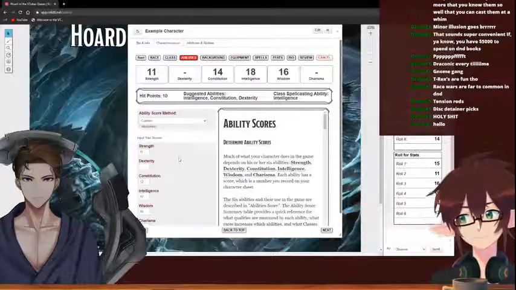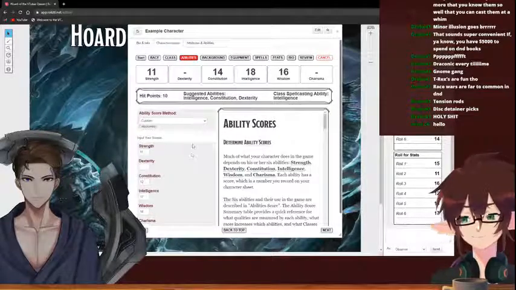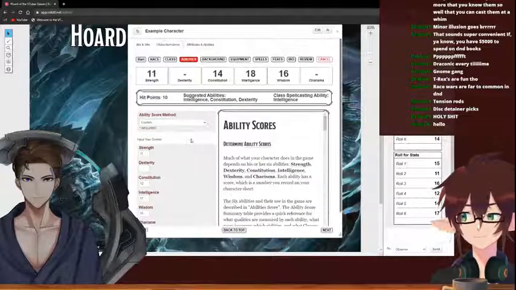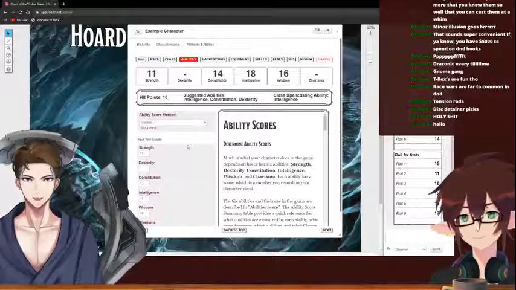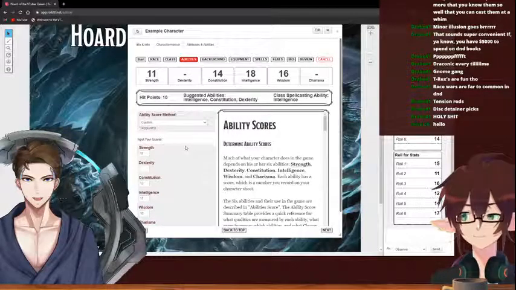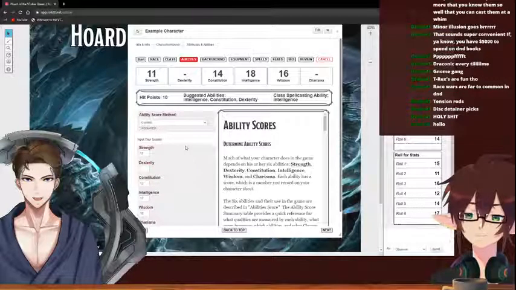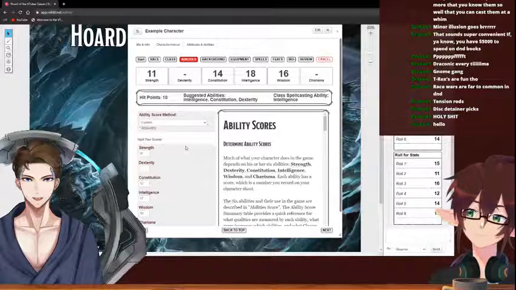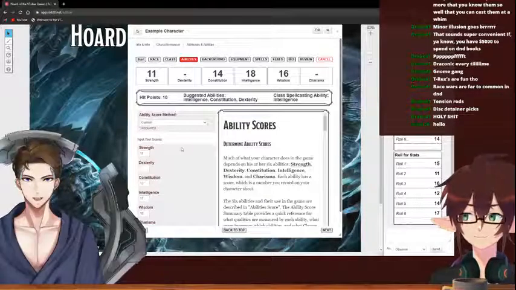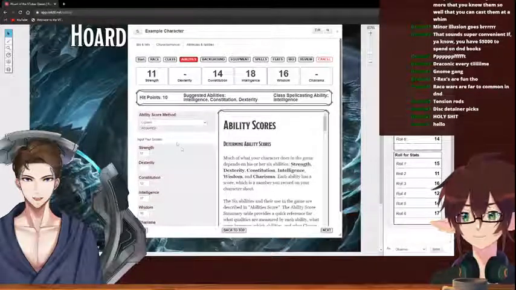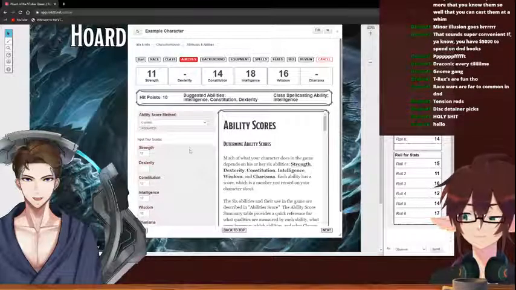Which again, not terrible, but it's also not the world's best. Right. Question here. If I have no intention of taking a leadership role in this party, which I don't know if I should, because now what I have left is the 14 and the 15. Would it make more sense to take Constitution 12, put that in Charisma, and then give Constitution one of